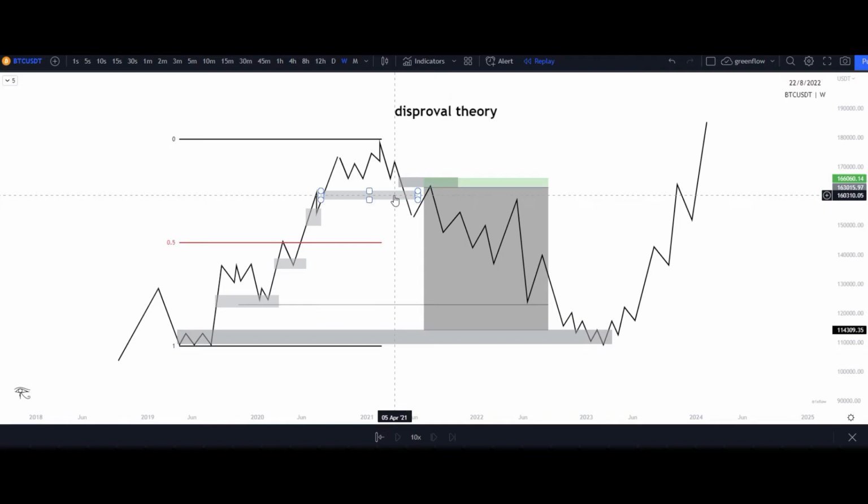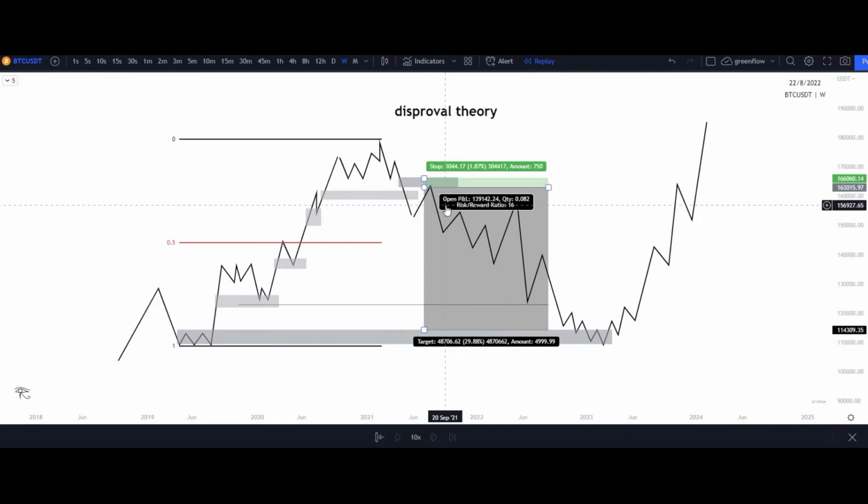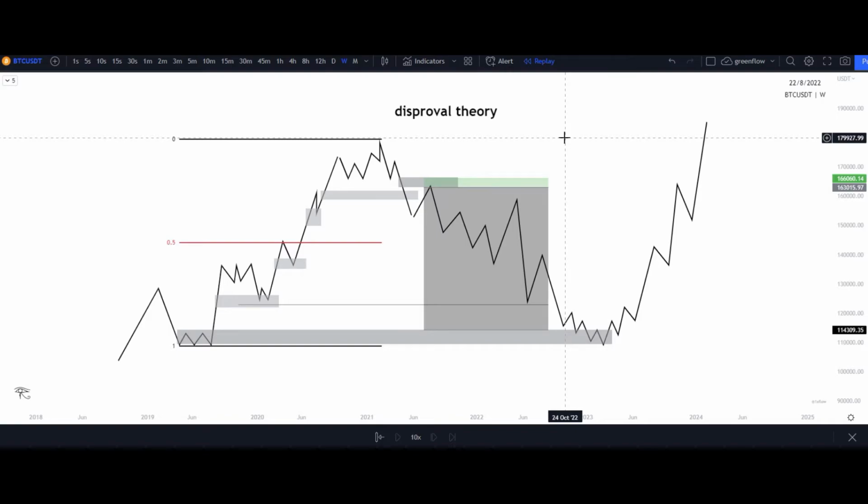say, oh, my demand zone's wrong. I didn't get stopped out because we're waiting for confirmation. Instead, we got a displacement to the downside, and then price came back up, and now I can look for confirmation within these areas, right? So we don't need to be right. We do not need to be right when we are looking to take trades. We just need to be profitable.